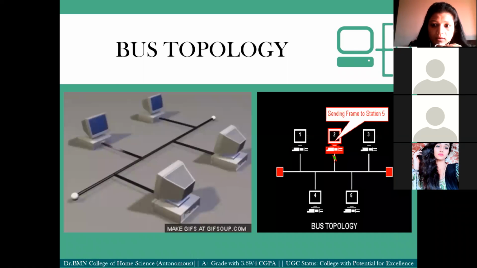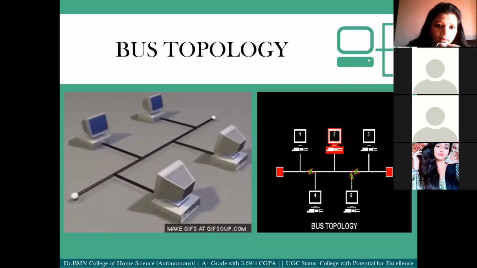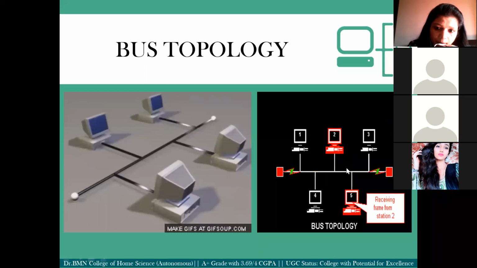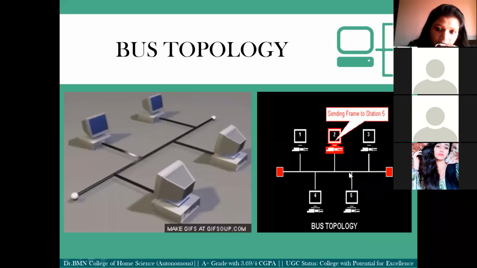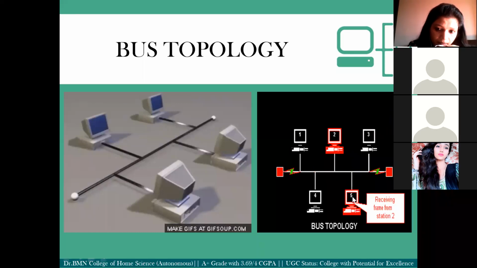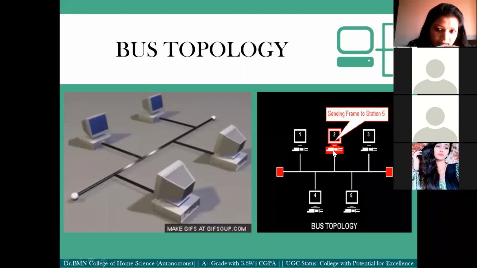Yes, okay, ma'am. Now this is a bus topology. See the data transmission. It has to go from 2 to 5. So what will happen? The signal will get passed on the main cable, whichever device is the receiver. Now see, here in this case, number 5 is the receiver. Okay? 2 is the sending device and 5 is the receiving device.